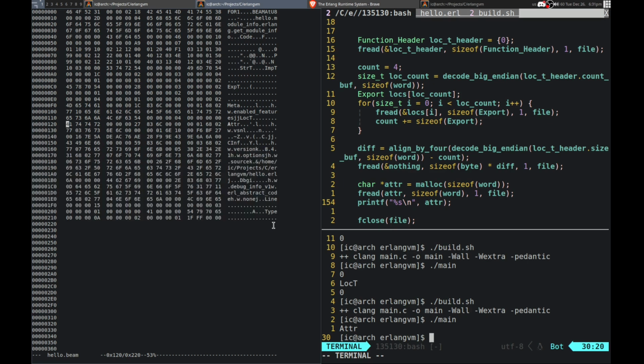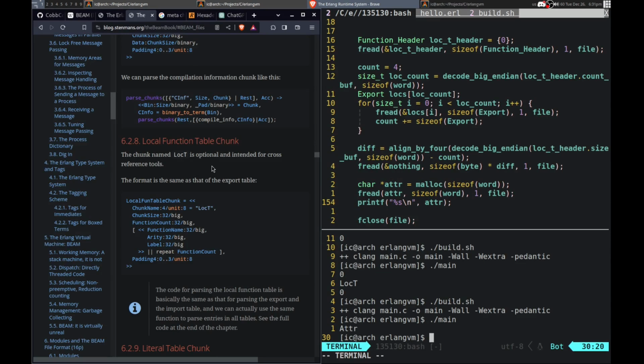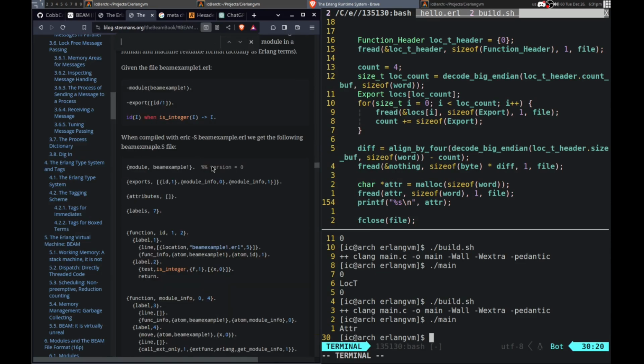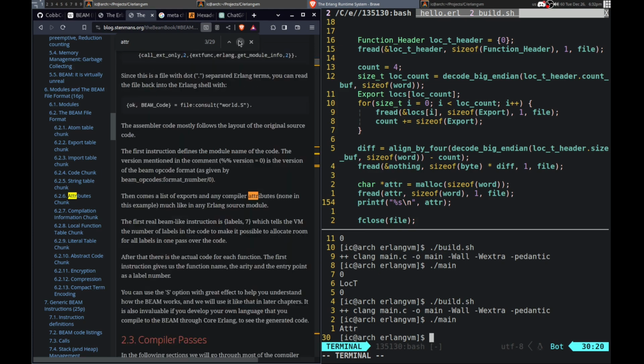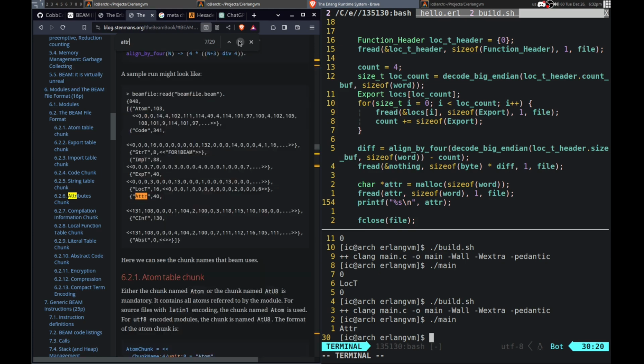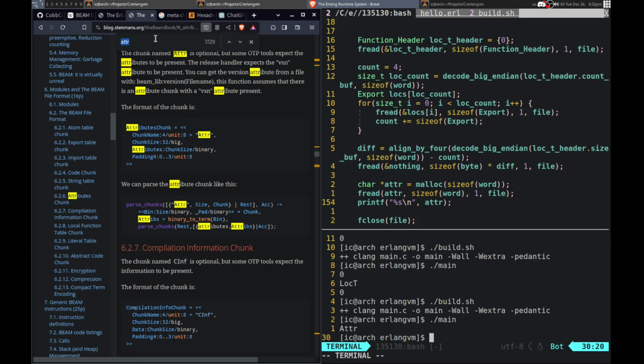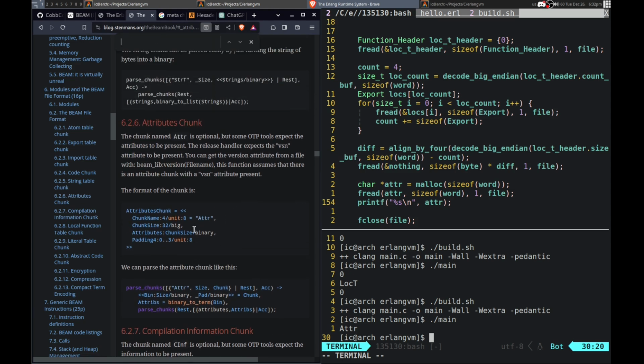So yeah. Option, yeah, so there's always a lot of stuff here. Let's see what adder looks like. So attributes. Yeah, attributes chunk, that's what I want. Okay, so it is structured like that. So we need the chunk size. Okay. Yes, then the attributes, okay.